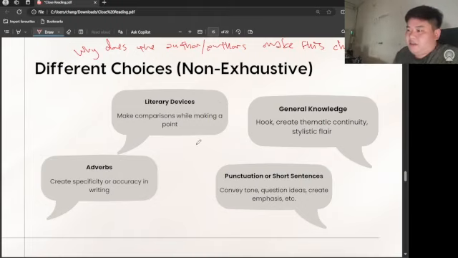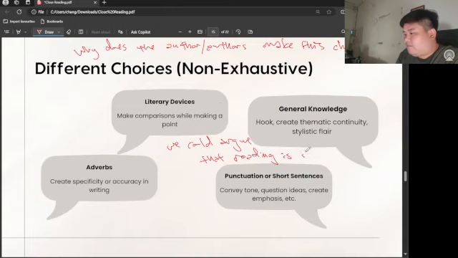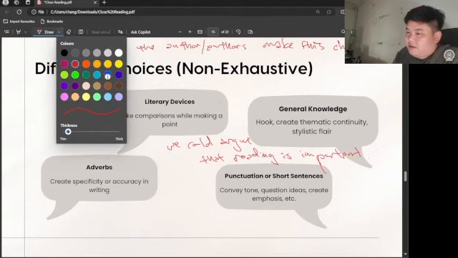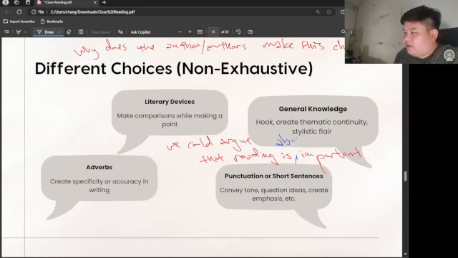Let's say instead of just saying we could argue that, let's say, reading is important, right? Let's say we have a sentence here like this, but if I add an adverb, reading is absolutely important, then